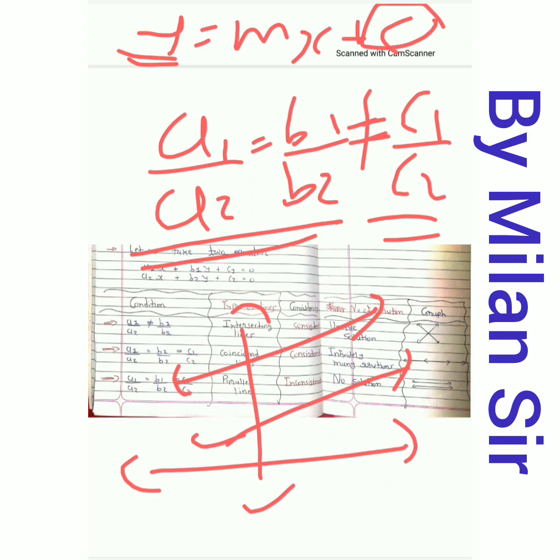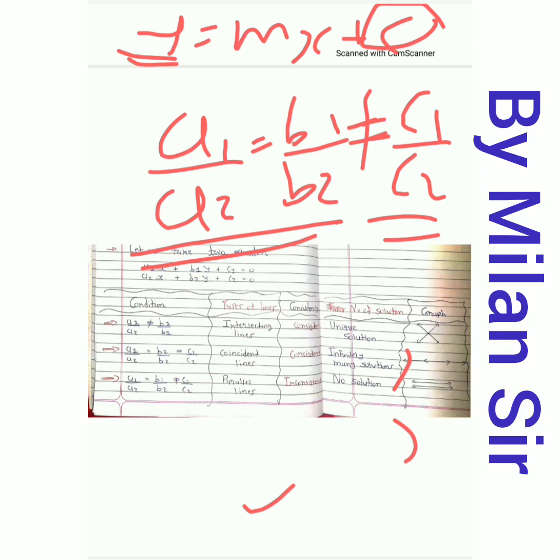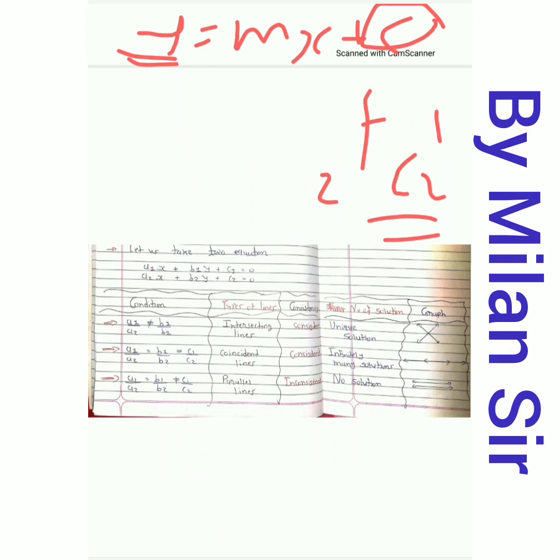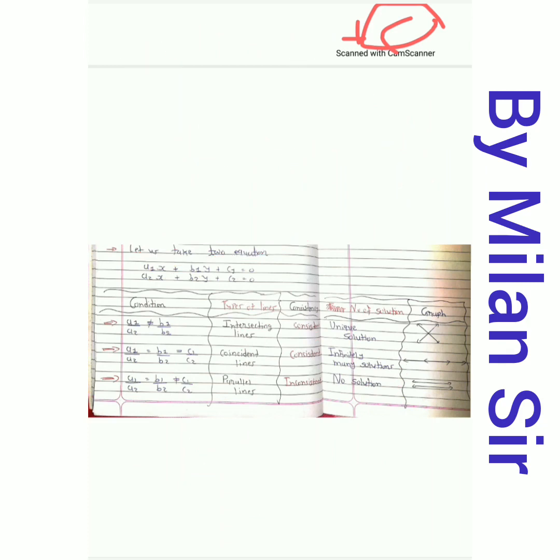Okay, intercept means intersection point with y-axis. The distance between the intersection point with y-axis and origin is intercept c. This thing you will learn in standard 11. Okay, so two conditions we derived here. Which one? For coincident line, a1 upon a2 is equal to b1 upon b2 is equal to c1 upon c2, and for parallel line, a1 upon a2 is equal to b1 upon b2 is not equal to c1 upon c2.